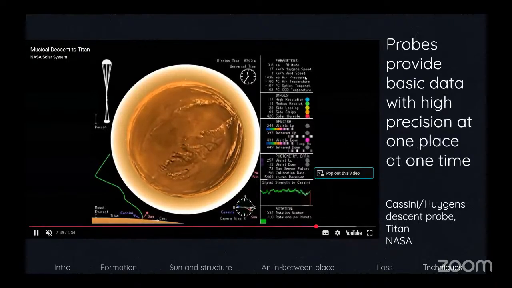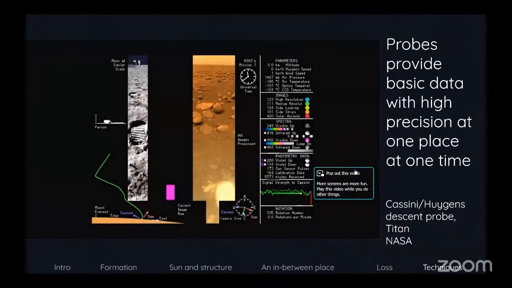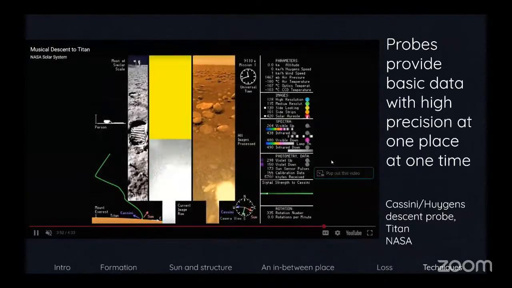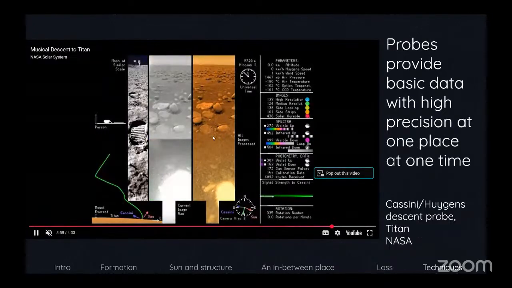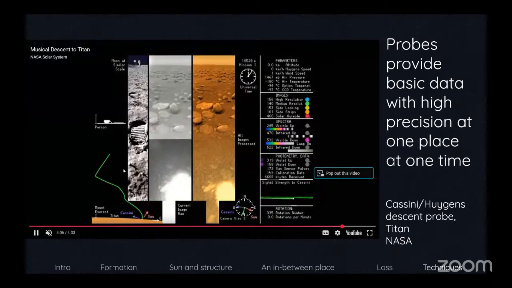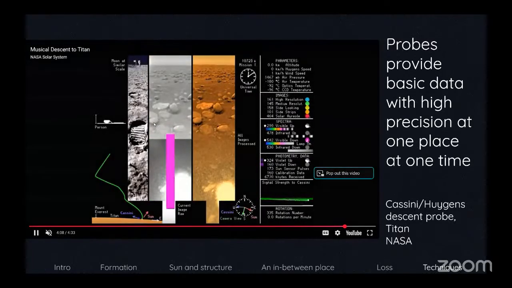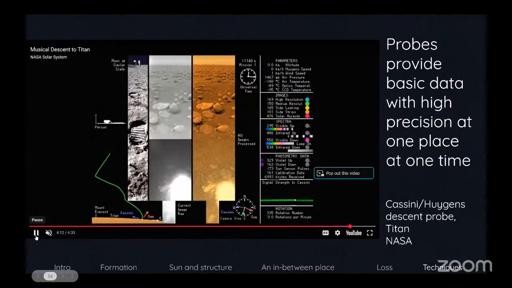All right, we're so close. We're about to hit the surface. Bam. Okay, there we are. So the probe has hit the surface and collected these images of the surface. It looks pretty desolate, but like I said earlier, these rocks are probably not silicate rocks, but water ice rocks, which is possible because Titan is so cold. And of course, this one over here is the moon. This is not Titan. We did not walk on Titan. I'm not sure why they put that there, but probably for comparison.